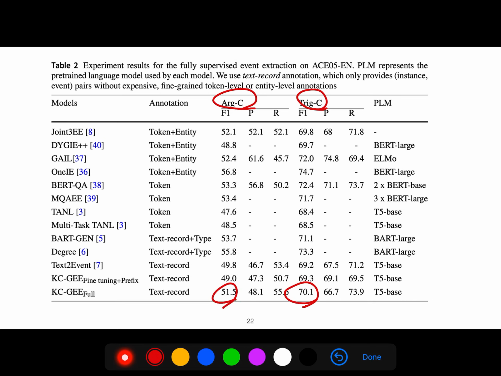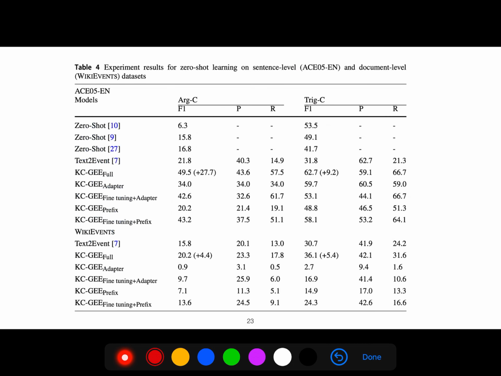So they outperform many state-of-the-art models. I've explained this one. I've explained this one. And so these are experiment results for zero-shot learning on sentence level and document level datasets.